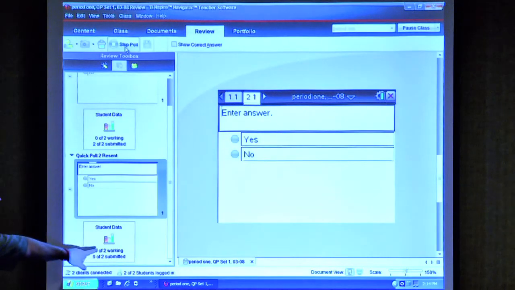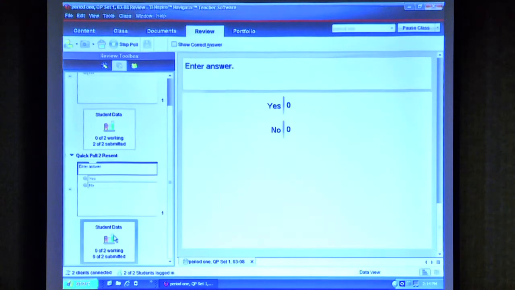Now, before you answer, Jane, click down on student data before you submit. If you click on student data before they start responding or as soon as they start responding, when they respond, watch what happens to the graph. And as you change your answers, once you change your answer, the graph changes. One of the neatest ideas I've ever heard for a yes-no question or this kind of interactive graph,